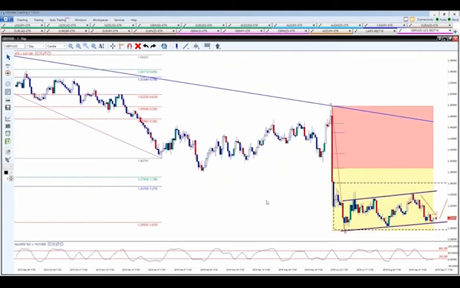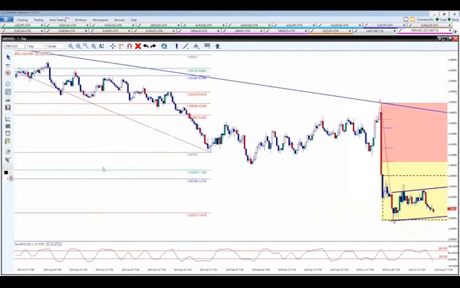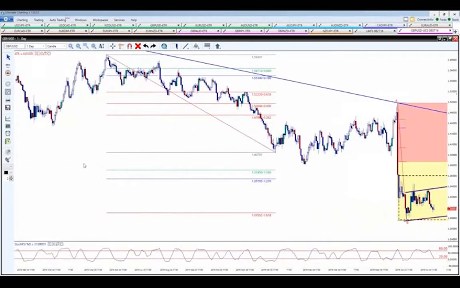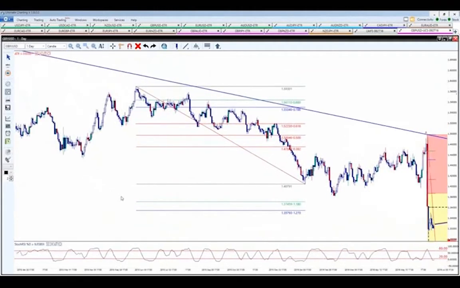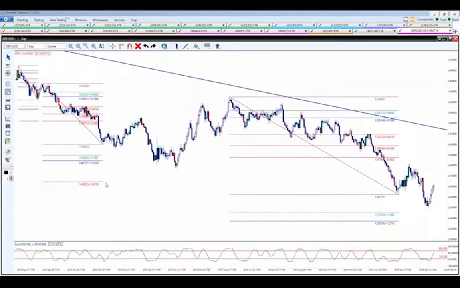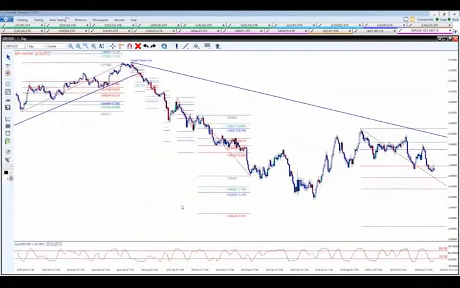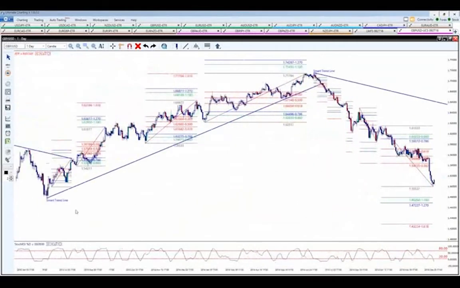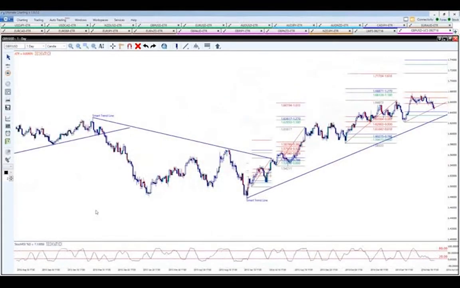I'm going to back this up. We'll bring it to the market here. I'm going to show you why I was looking at taking this one trade, but I'm also going to show you the trade that I'm looking at right now. Let's back this up. I'll show you how to do some basic analysis on these charts, and how I actually got to that point where I'm trading this. Let's back this up just a little bit. Right back here. There we go. We'll back it up just a little bit further.